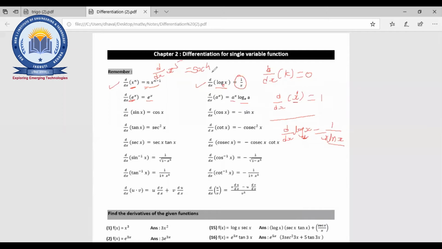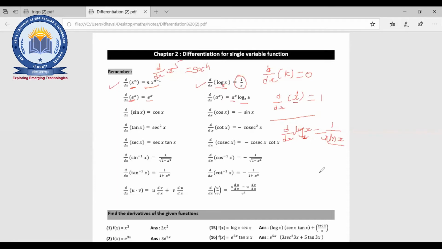Okay, Pujan, you can unmute yourself. Ma'am, she was right. We can also write it in the form of ln x upon ln a. Then we need to apply the chain rule and differentiate it.